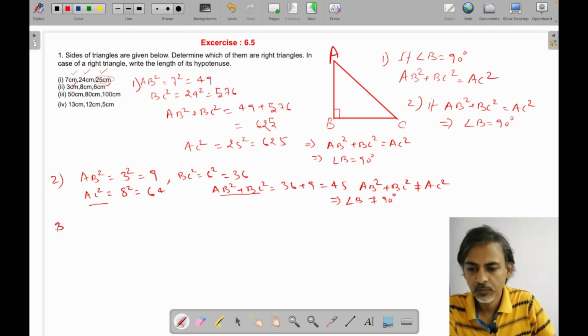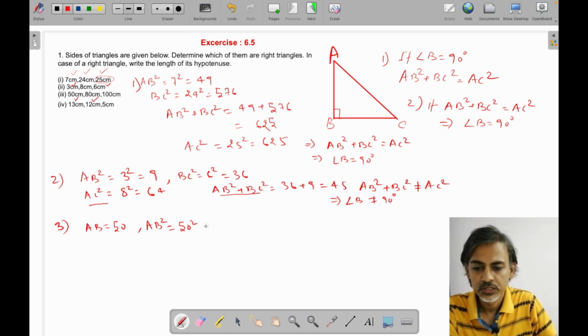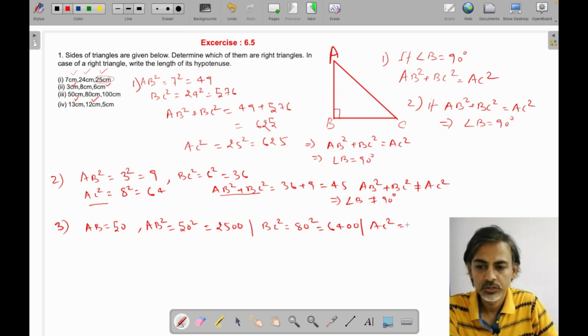Coming to the third problem, again we'll take the two smaller sides as AB and BC. So we'll take AB equals 50, and so AB square becomes 50 square, which is nothing but 2500. Similarly, if I take BC square equals 80 square, which is nothing but 6400. We'll take AC square equals 100 square, which is nothing but